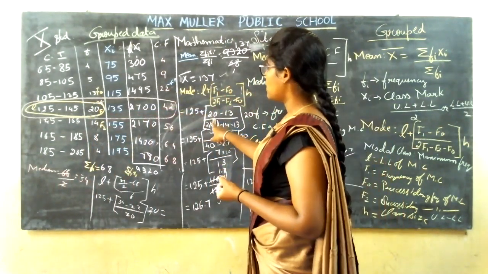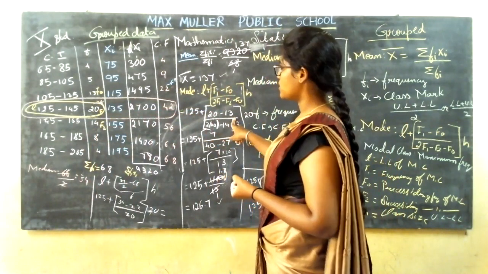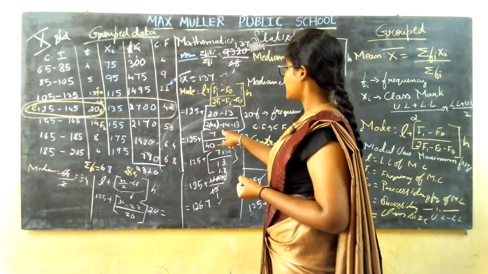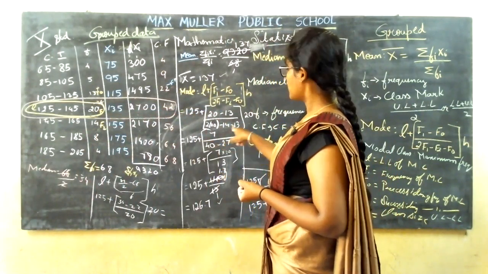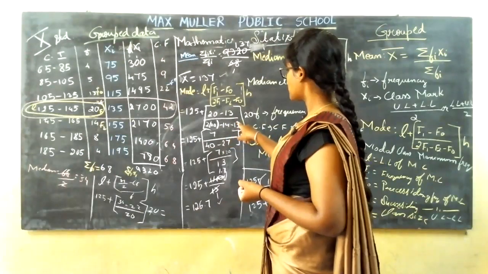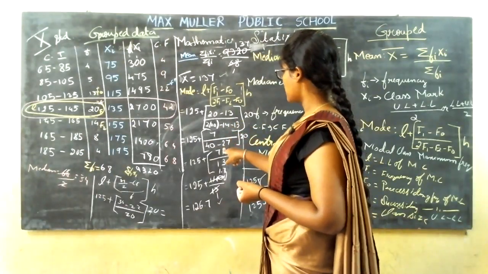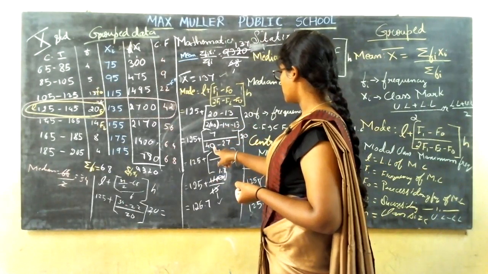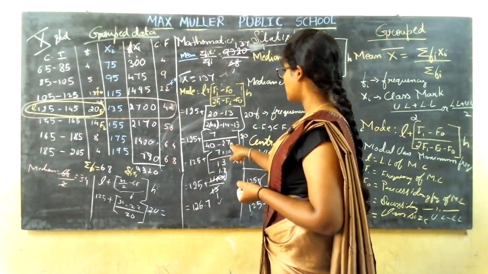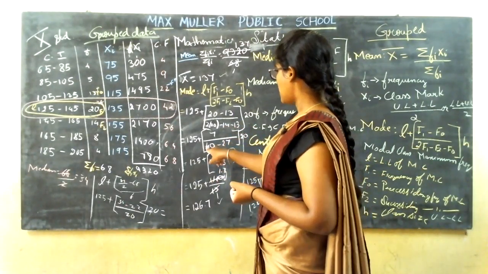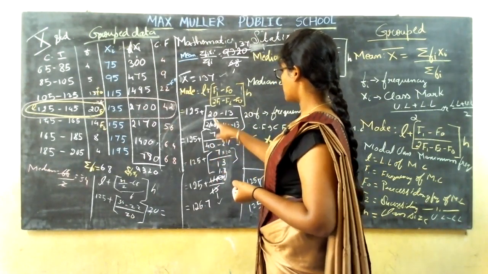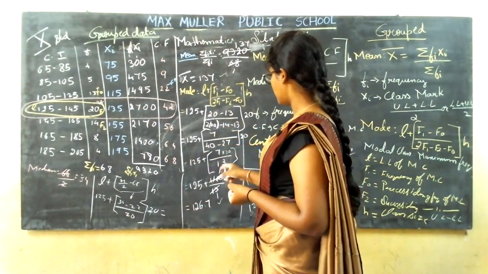Yes. F1 is 20, F0 is 13 divided by 20 minus 14 and 10. So 4, 5, 6, 7 and 2 plus is correct. 40. So in 10, if the 7 goes, it is 3 itself. And in 3, if 2 goes, it is 1 itself. In 20, 13 goes 7 itself. Then